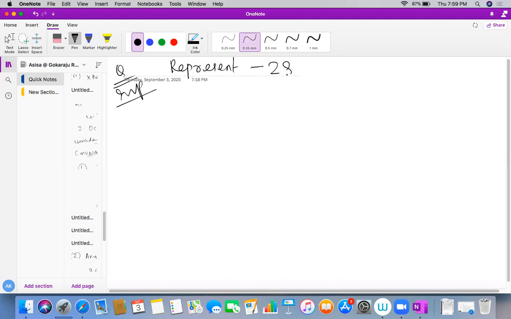Represent minus 28 in 8-bit 2's complement form. So the question is, there will be particular choices, don't worry. So minus 28 can be represented in 8-bit 2's complement form, and there will be a few choices.